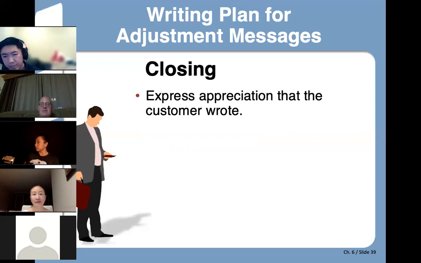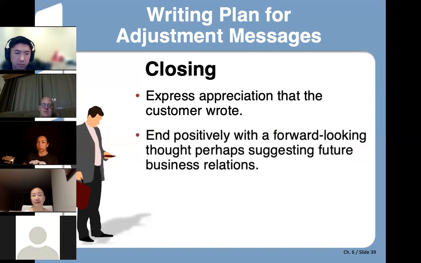A lot of people don't take the time to complain, and they don't give the other company an opportunity to fix what went wrong. So the relationship ends right there. They'll never do business with that company again. So you'd much rather hear that there's a problem because you're now empowered to fix it. That's a good thing that they wrote that. You want to end positive, looking forward, maybe talking about future business opportunities.